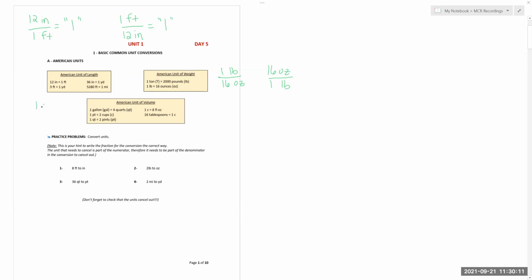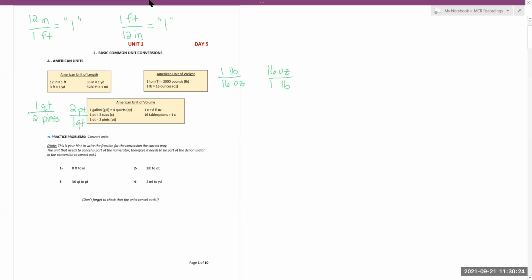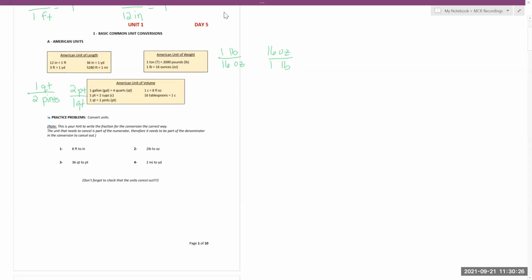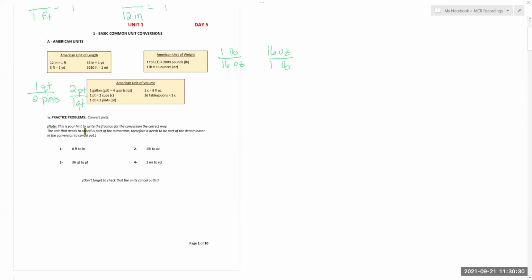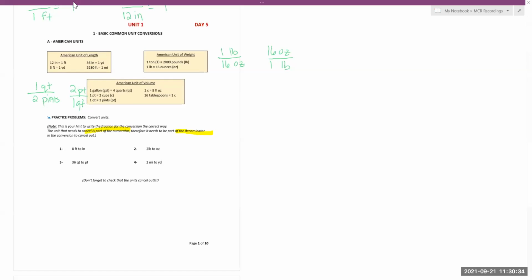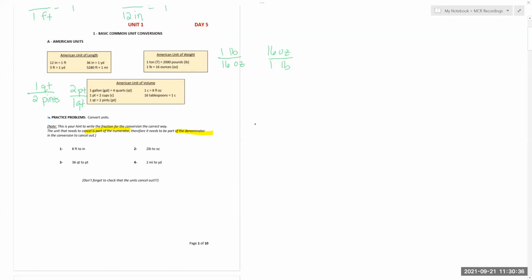So again, when I read it, it says 1 quart is 2 pints, or I could flip it, 2 pints is 1 quart. So what we're going to try to do is write the fraction the correct way so that the units cancel and you get what you're looking for when you cut it out. So with that being said, if the units you need canceled are in the numerator, you cancel them by putting them in the denominator. So if I want to get 8 feet to inches,